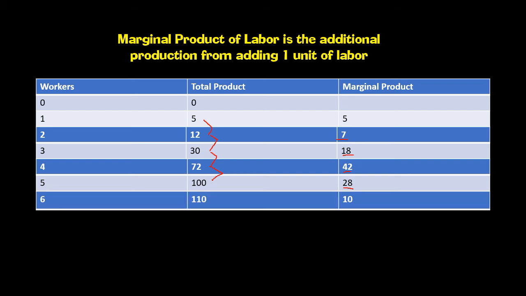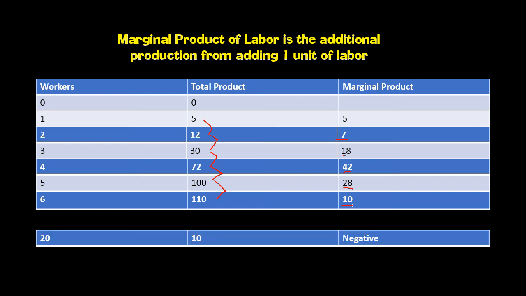The sixth worker, we only get 110 burritos when we hire that sixth worker total, which means that sixth worker was only worth 10 more. So we were going up as we added workers, but at some point adding workers isn't that helpful anymore, and the value of adding more workers goes down. So if we're busy, it certainly appears that 5 workers is good. Hiring that sixth worker might not be worth it.